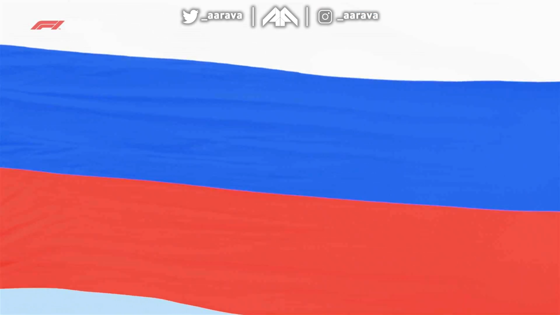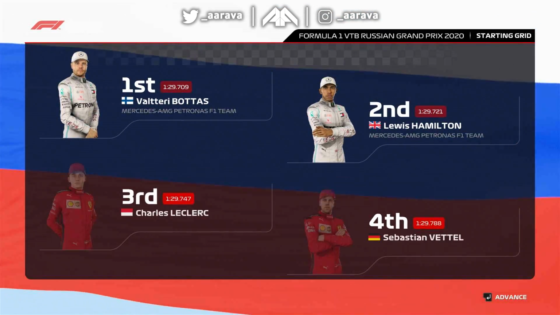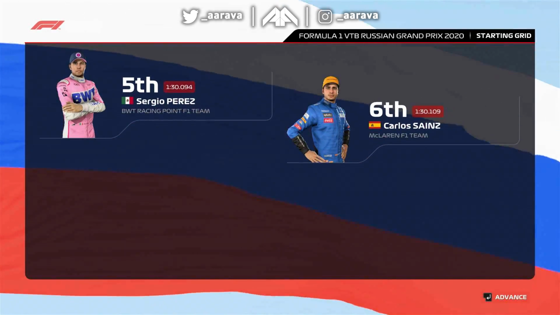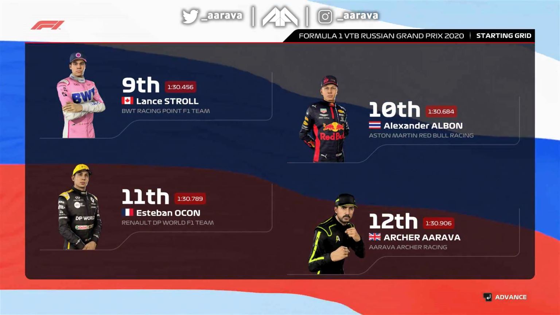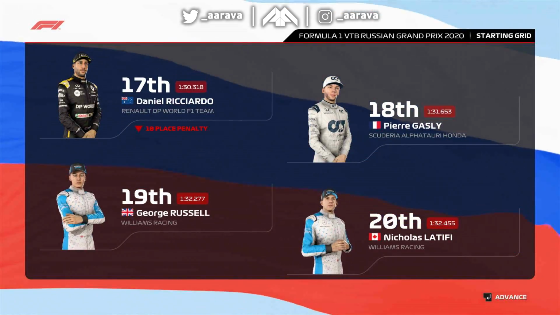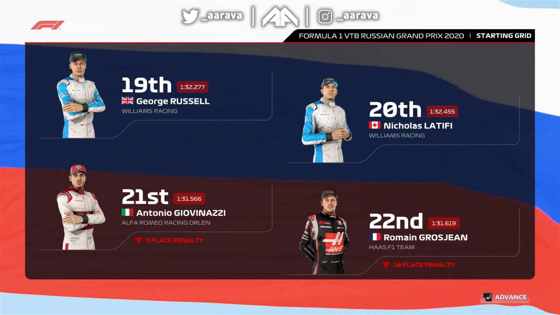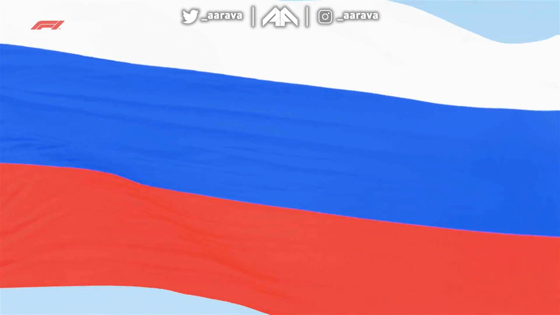Let's run you through the driver grid order for today's exciting race. Valtteri Bottas lines up on pole position, and Lewis Hamilton completes the front row. Looking down the rest of the grid, we have Leclerc, Vettel, Sergio Perez, and Sainz, Verstappen, Norris, Stroll, and Alexander Albon. Ocon, the owner-driver, Daniel Kvyat and Aitken, Raikkonen, Magnussen, Daniel Ricciardo. They've taken a grid penalty. And Pierre Gasly, Russell, Latifi, Giovinazzi, and Romain Grosjean sits at the back of the grid. It's almost time for the lights to go out, so let's head down to the track and get this Grand